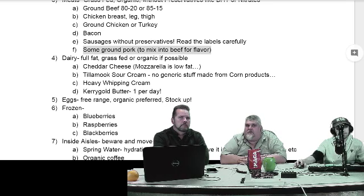So a cow only eats grass, hopefully, if it's a grass-fed cow. Chickens are supposed to eat only grasses and grains and things like that. Pigs will consume meat. And whenever you're eating an animal that's eaten another animal, the fish has the same concern. If you're eating an animal that eats another animal that eats another animal, you're going to get all the toxins from all those lower animals moving up into the meat of the higher animal, and it's stored in the fat. So as much as I love bacon and ground pork,